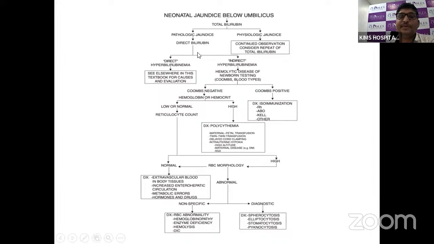In pathological jaundice, measure the direct bilirubin, or you can look for signs like pale stools or high colored urine. Then it indicates direct hyperbilirubinemia or neonatal cholestasis. These children need to be evaluated further and treated according to the etiology. In case of indirect hyperbilirubinemia,